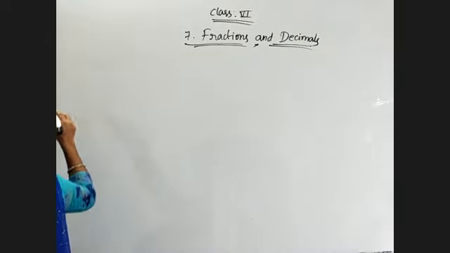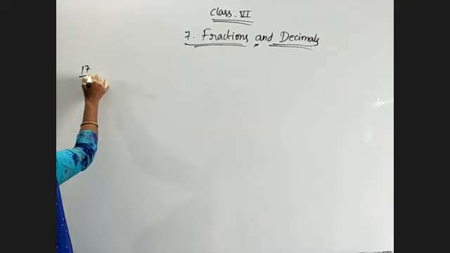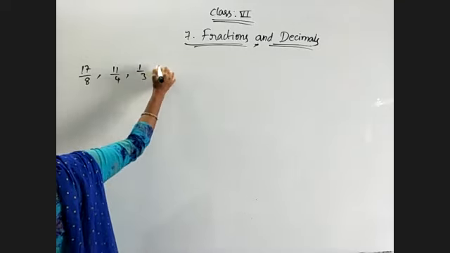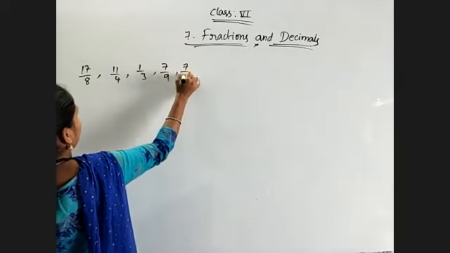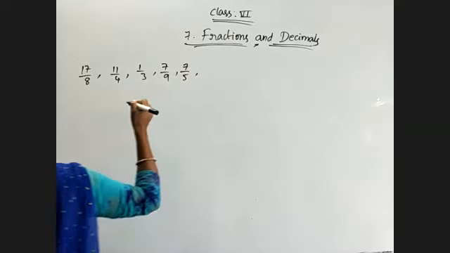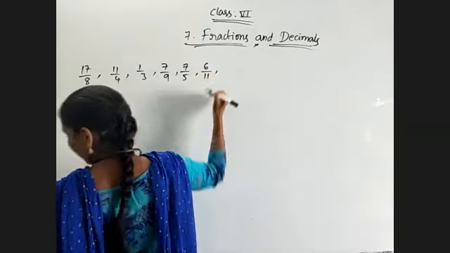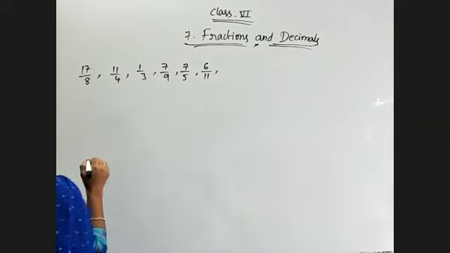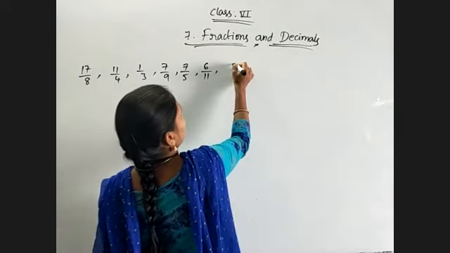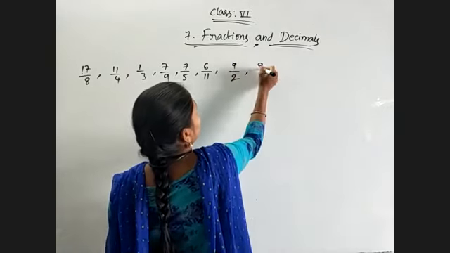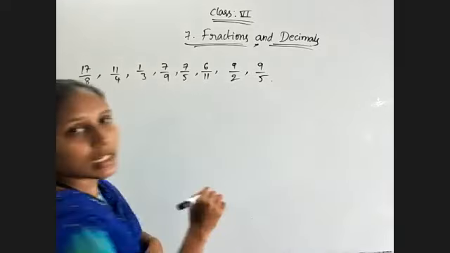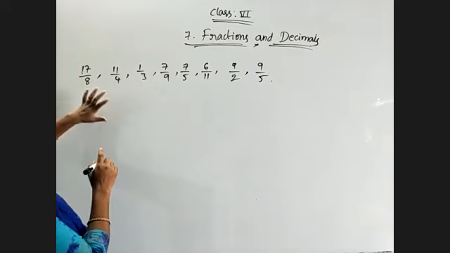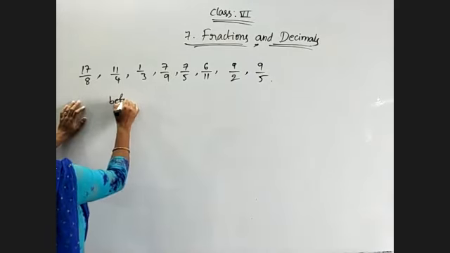Here the questions are given like this: 17 by 8, 11 by 4, 1 by 3, 7 by 9, 7 by 5, 6 by 11. Next, 9 by 2, 9 by 5. And it is given to arrange the given fractions and decide which are lying before 1